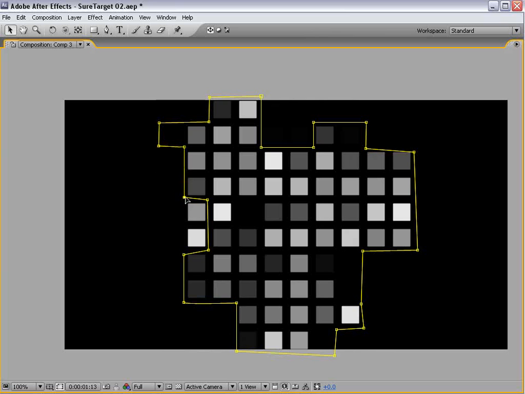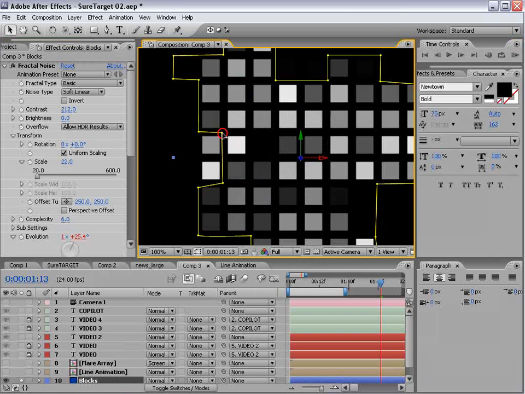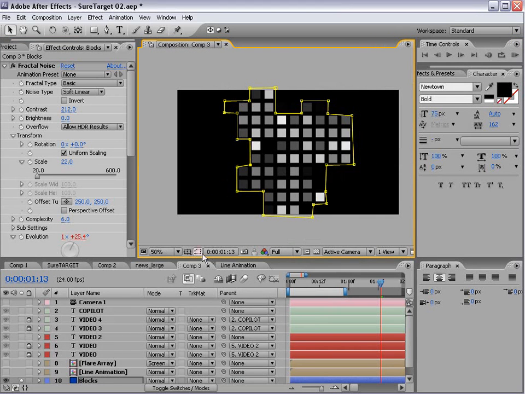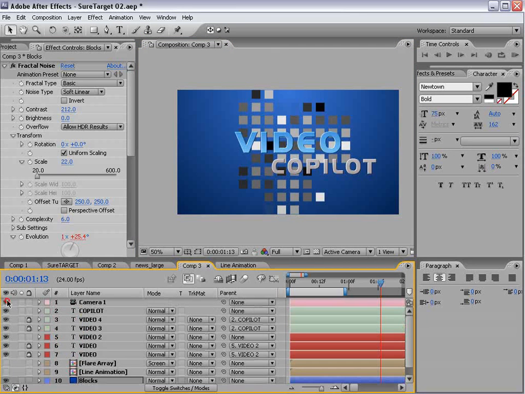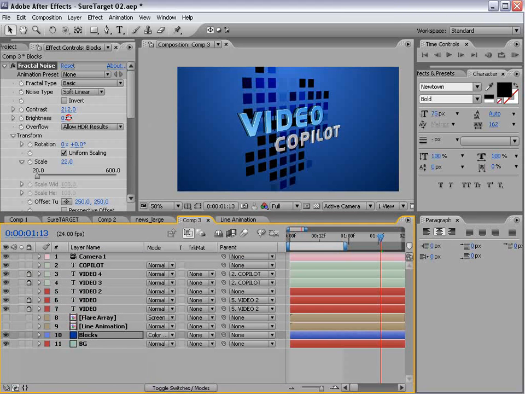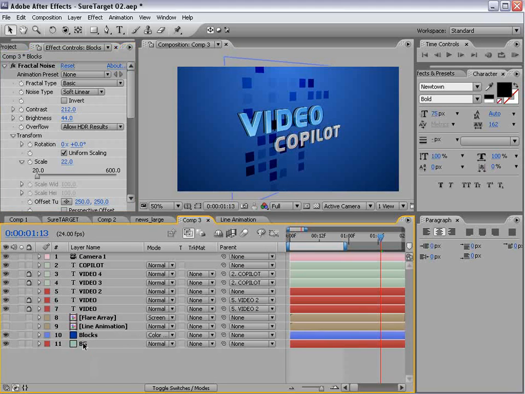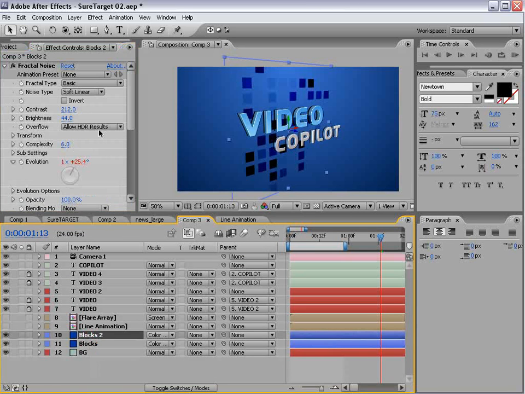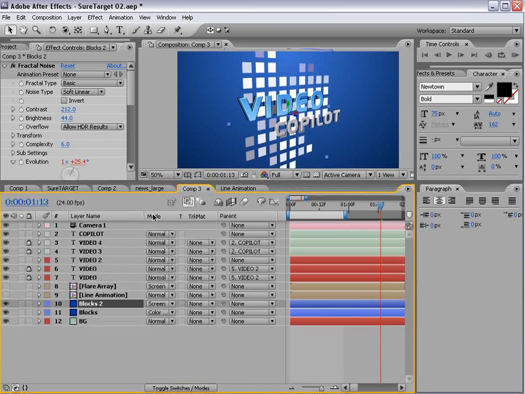So just bring them in. There we go. Also probably want to move these in. Let's see. Okay. So shut that off again, and then we want to unsolo and turn the camera back on. We'll change the transfer mode to color burn and maybe bring the brightness up so that there's only a few blocks. Then we'll duplicate the layer and we'll change the transfer mode to screen, or better yet,